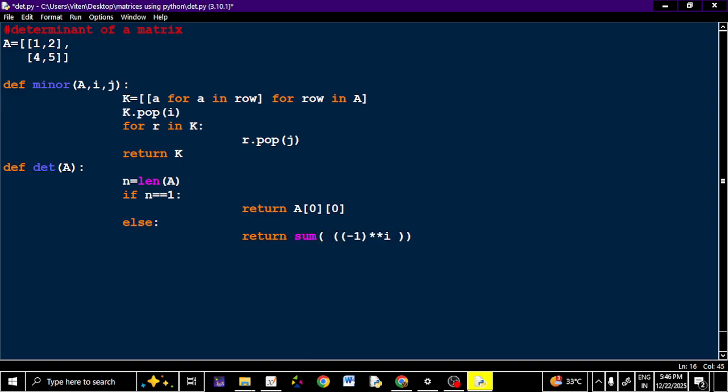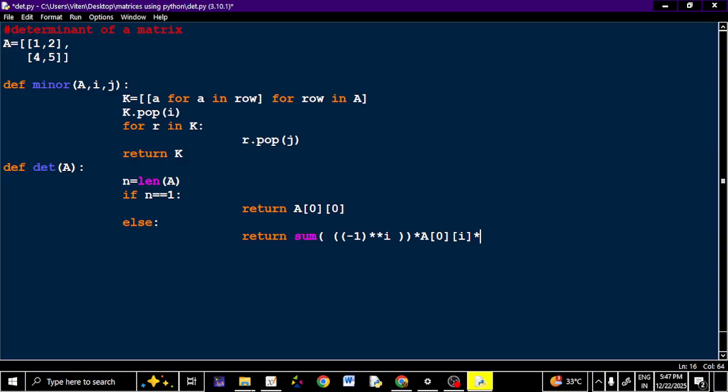So I have the -1 raised to I term already done, multiplied by A0I, that is the row 0 elements of the matrix. So into A0I, capital A, 0 I, this multiplied by,